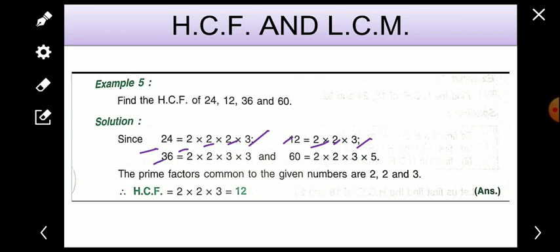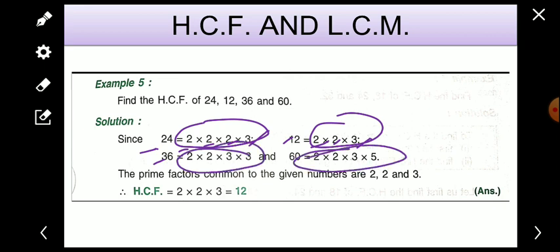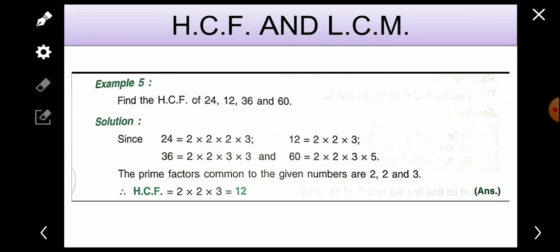Now okay, we have used the prime numbers. In terms of prime numbers we have written all the numbers. Got it? Now what will you do? We will take the common prime factors. The second step is to take the common prime factors. If you see, the common prime factors are, at first, 2.